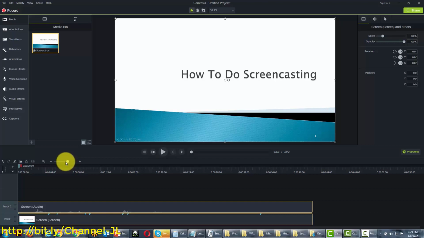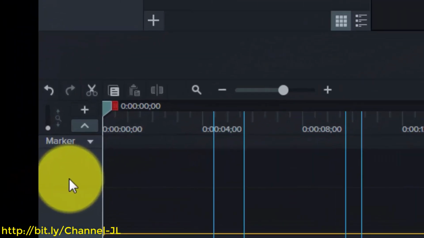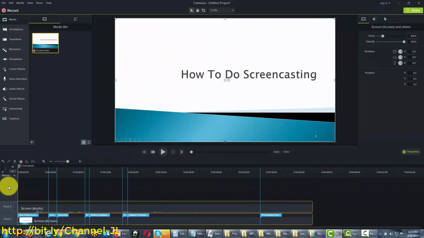What you're going to notice right away is that you'll see markers in the track at each point. If we want to see those markers, all we need to do is turn on the marker timeline. Now, what you're going to notice about those markers is that they denote things that are happening inside of the video. So, for example, if we drag to this first marker,